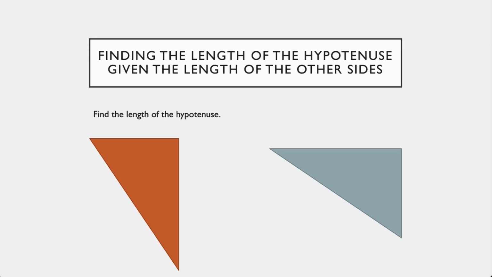So let's find the acute angles so we can isolate the right angle. Well, we know that acute angles look quite like this, like a point, as acute means small, like a needle. So we know that this is an acute angle, and we can also see that this is an acute angle. So this is the right angle, and therefore that is the hypotenuse.